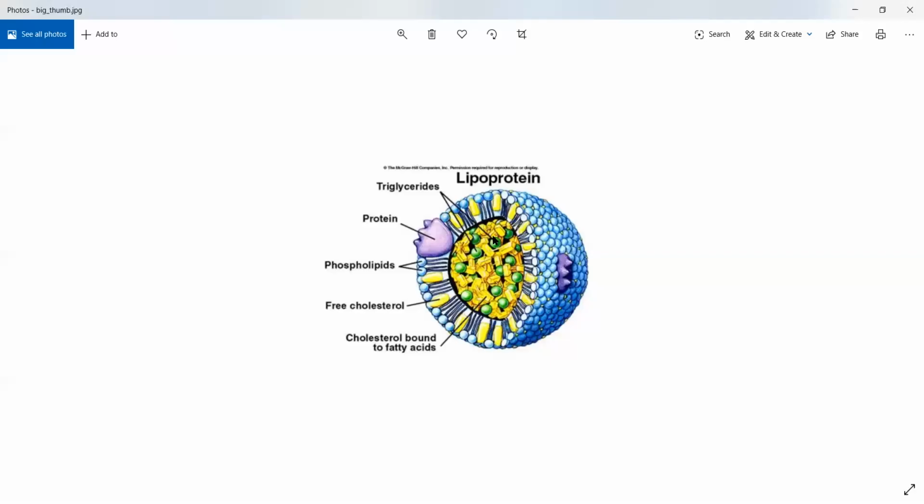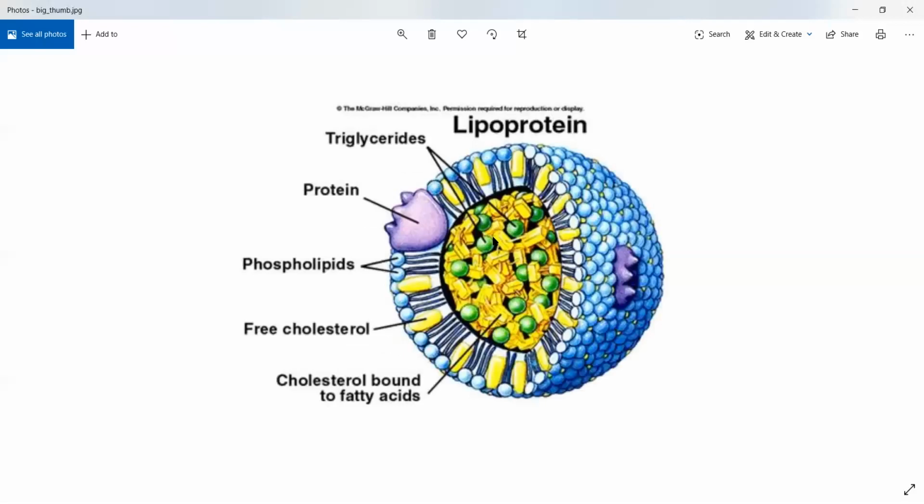If you see the structure of a standard lipoprotein, it will look something like this. This is how a general lipoprotein looks. You will have a protein, and you will have phospholipids embedded on the surface of that lipoprotein. The protein portion will also be present on the surface. Your cholesterol and triglycerides will generally be bound inside. Very few cholesterol molecules will be free on the surface of that lipoprotein. Generally, they will not come out, they'll be present just under the surface.